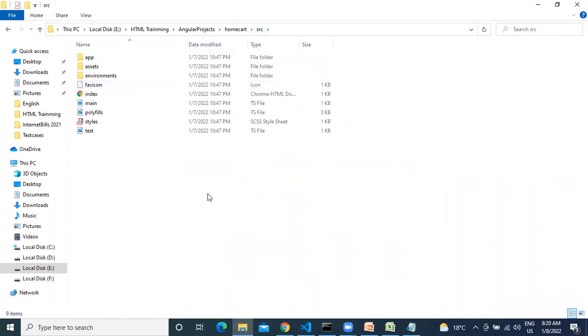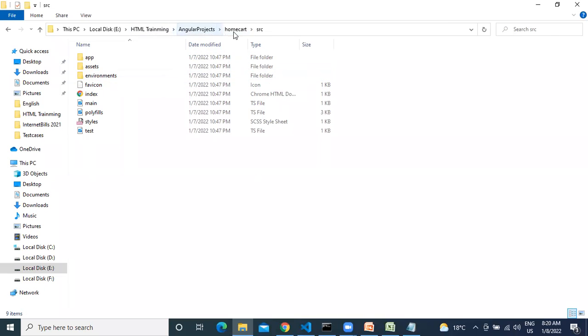Any new members? Can you please try how to create a component? Usha, can you please try it? Generate component name. Can you give me ng generate component? Yes, perfectly correct answer. So where do we need to generate the components? Within the src folder. If you have any subfolders, you can create it in that. Wherever you want, you have to go into that folder and create it. Absolutely perfect, correct answer.